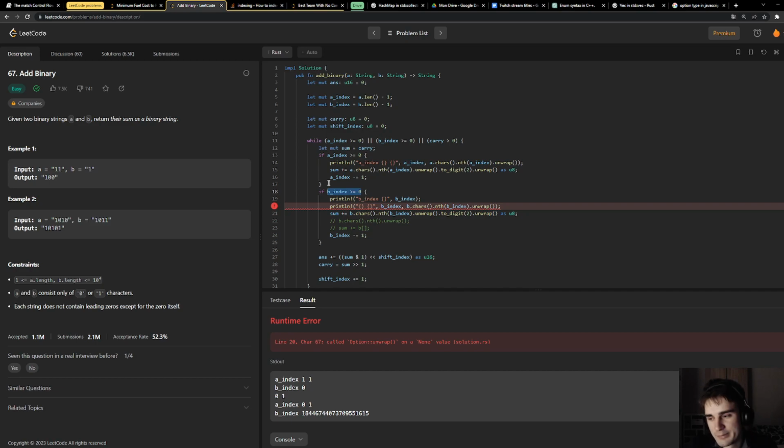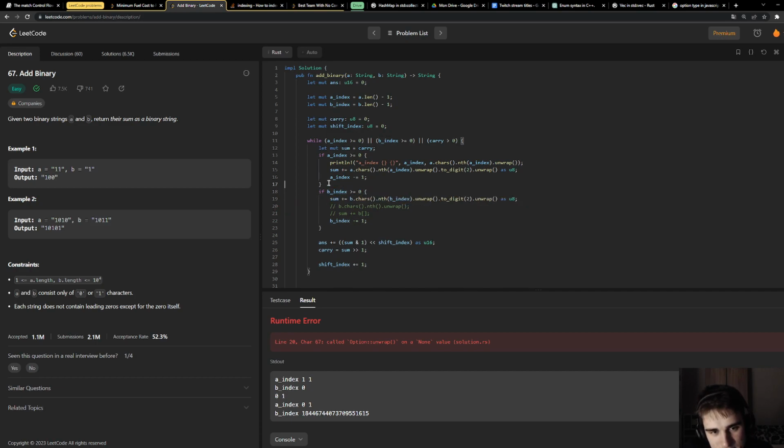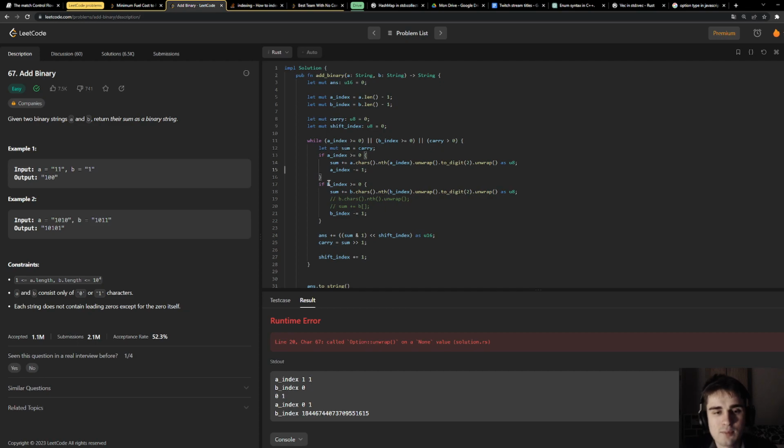How can I get rid of this? If you have any idea in the chat of how to deal with this without using a signed integer, I'm taking it.